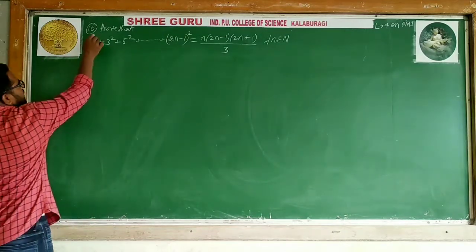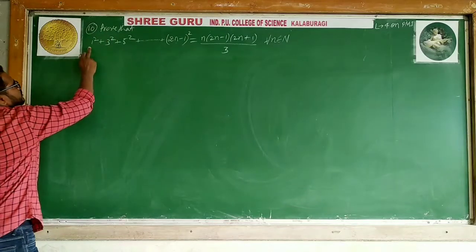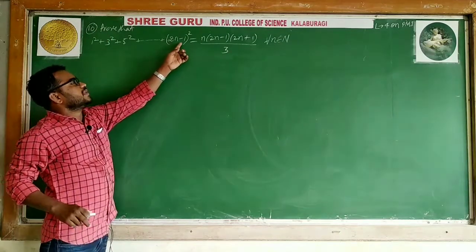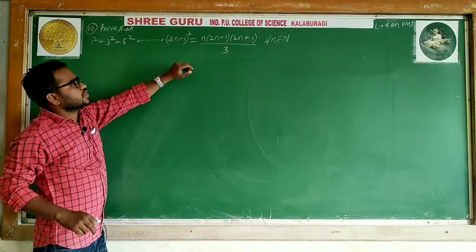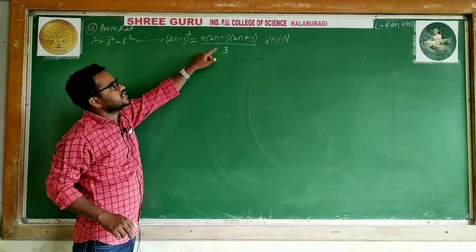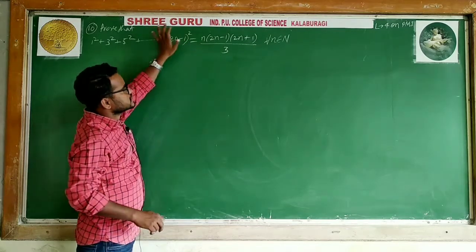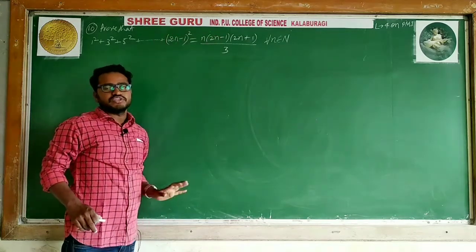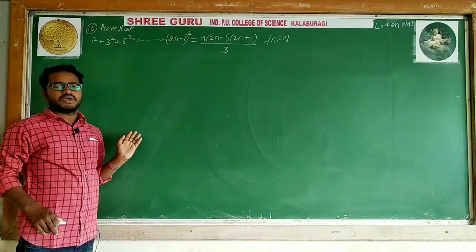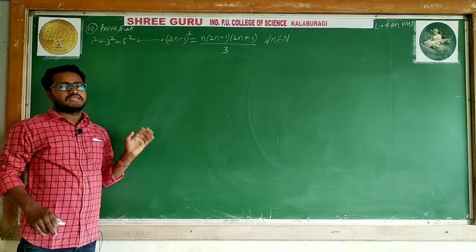Now, I will say here what is given: 1 square plus 3 square plus 5 square and so on up to 2n minus 1 whole square is equal to n into 2n minus 1 into 2n plus 1 divided by 3. This is the given statement, LHS is equal to RHS. So we have to verify using the PMI method. Is it true for n is equal to 1? If it is true, then...